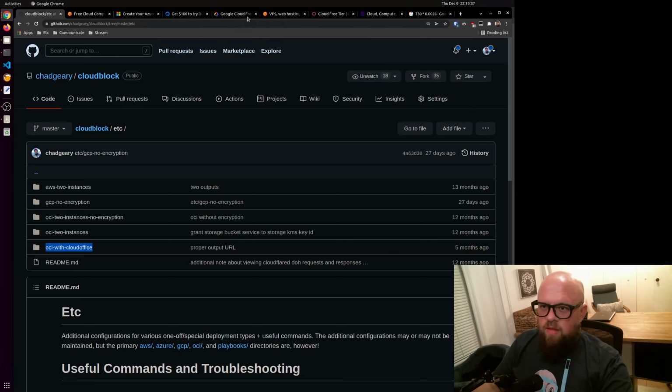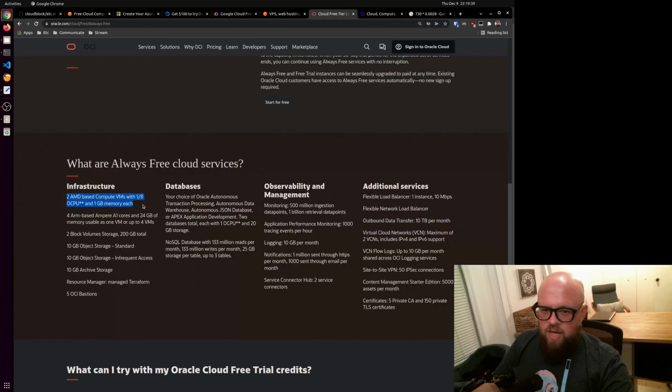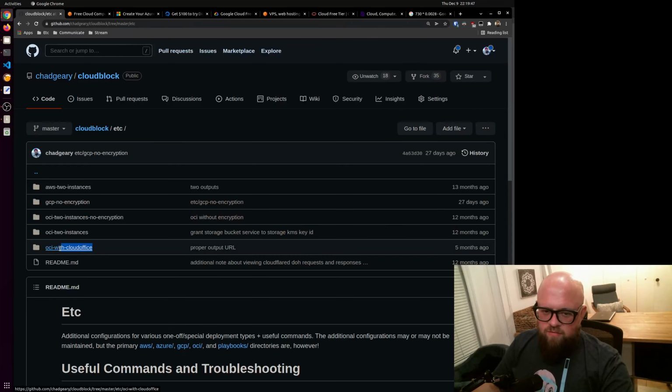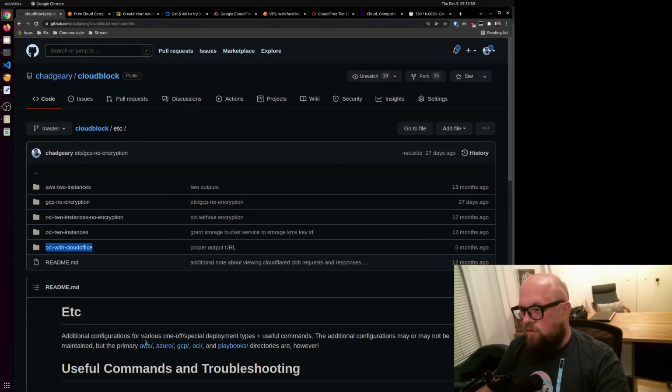If you remember looking at Oracle, they give you 2 AMD instances and up to 4 ARM-based instances. Using this folder under Etsy, you can deploy both at the same time under a free tier. Really cool stuff. I will note, because it's so popular, one, going back to that credit card thing, the name has to match the account when you sign up. And 2, oftentimes they can be out of capacity. There are tricks. You can run a loop for Terraform to keep applying until it's successful.